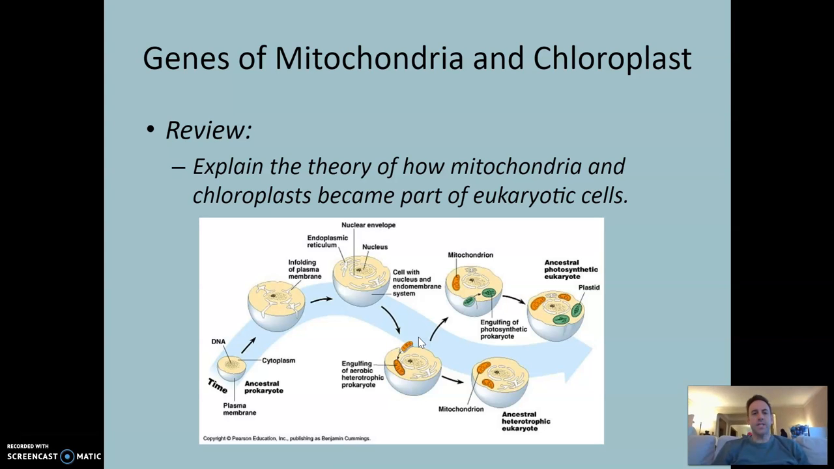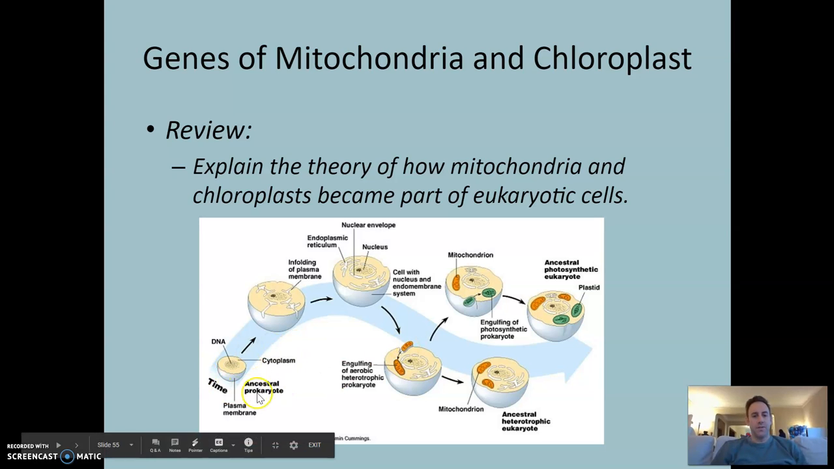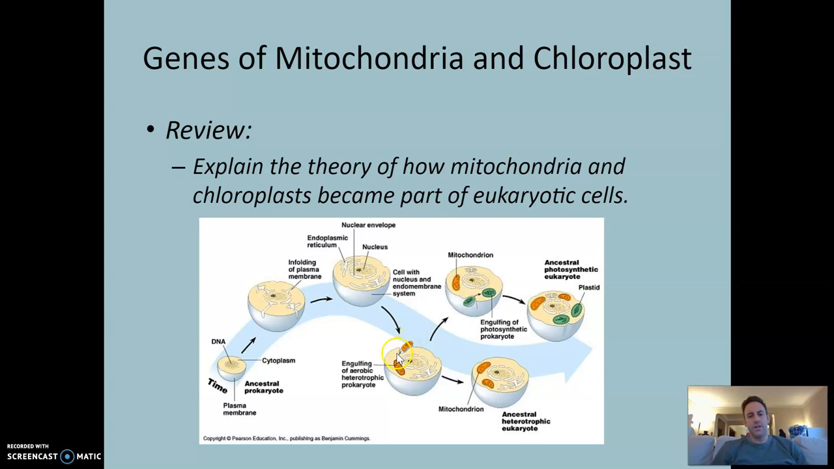Explain the theory of how mitochondria and chloroplasts became part of eukaryotic cells. So this was called the endosymbiotic theory. And you may remember when we talked about cells, we learned how there were these infoldings of the cell membrane that eventually gave rise to compartmentalized areas called organelles. And then all of a sudden, this little single smaller cell got engulfed into this larger cell,